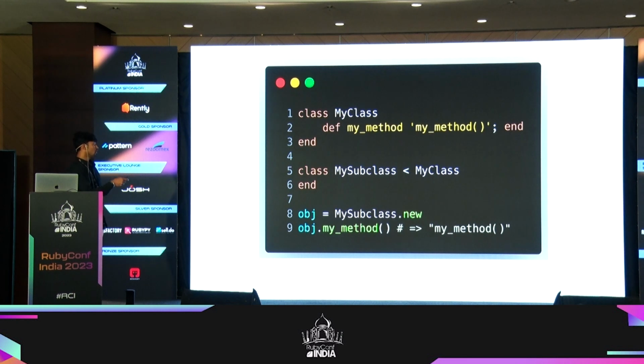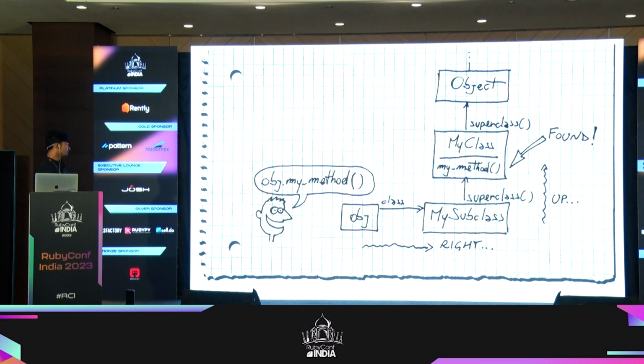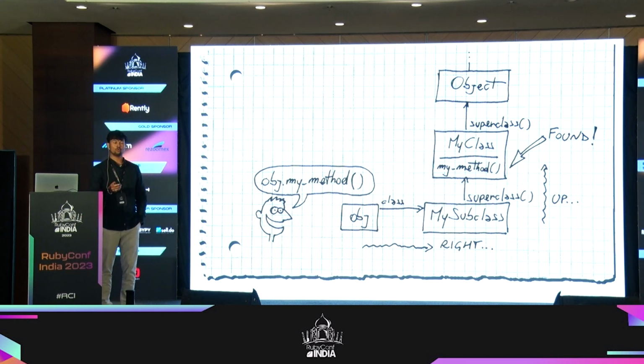So you have a class and you have a subclass. You create an object of subclass, and on the object you call my method. So how method lookup works is, first the object will look for that method in its class. If it is not found, it will look into the superclass. If it is not even found there, it will call object. If the method is not found anywhere, it will call a method called method missing. If you have seen, when you call some method which is not found, we get no method error, right? That is method missing, which returns us that. So we can use that to create methods at runtime.